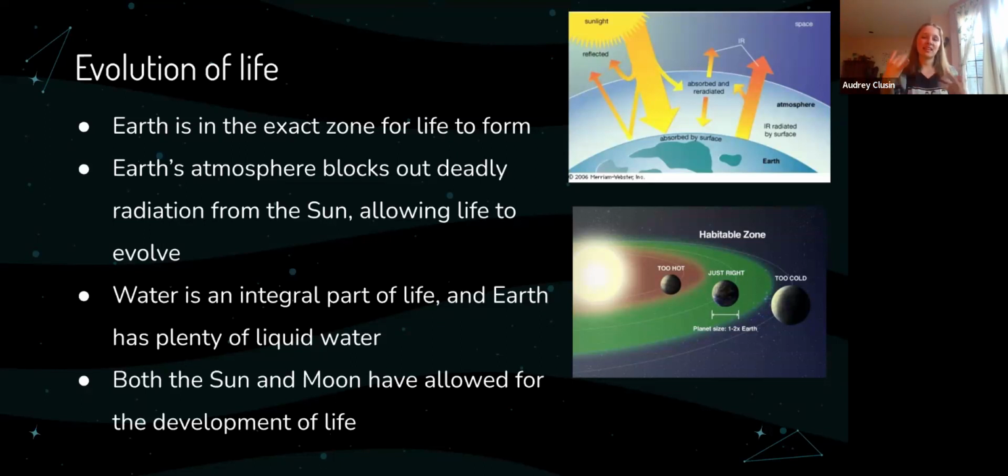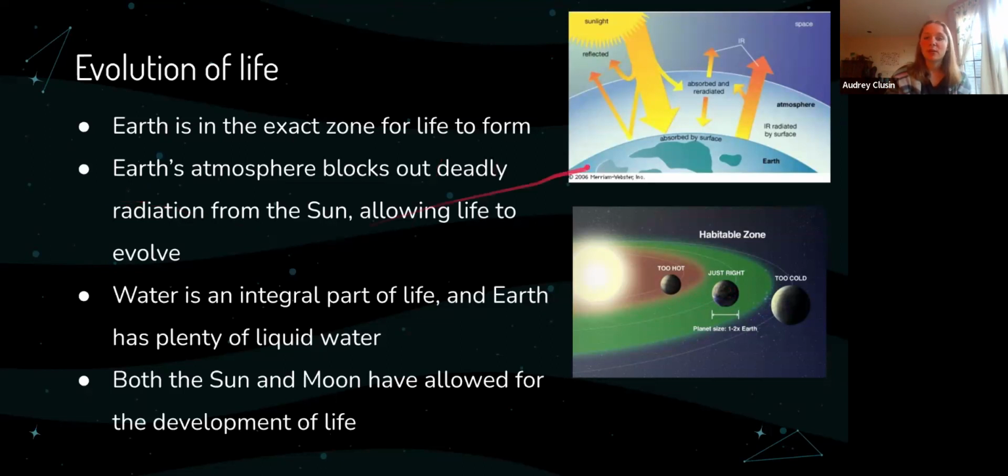It freezes and turns into a solid, and it's less dense than it is in a liquid, which is really atypical for any substance whatsoever. And there's a bunch more weird properties, but basically the takeaway is that water is completely necessary for life to form, and Earth happens to be in the right zone for water to be able to exist in all three states and work for us.